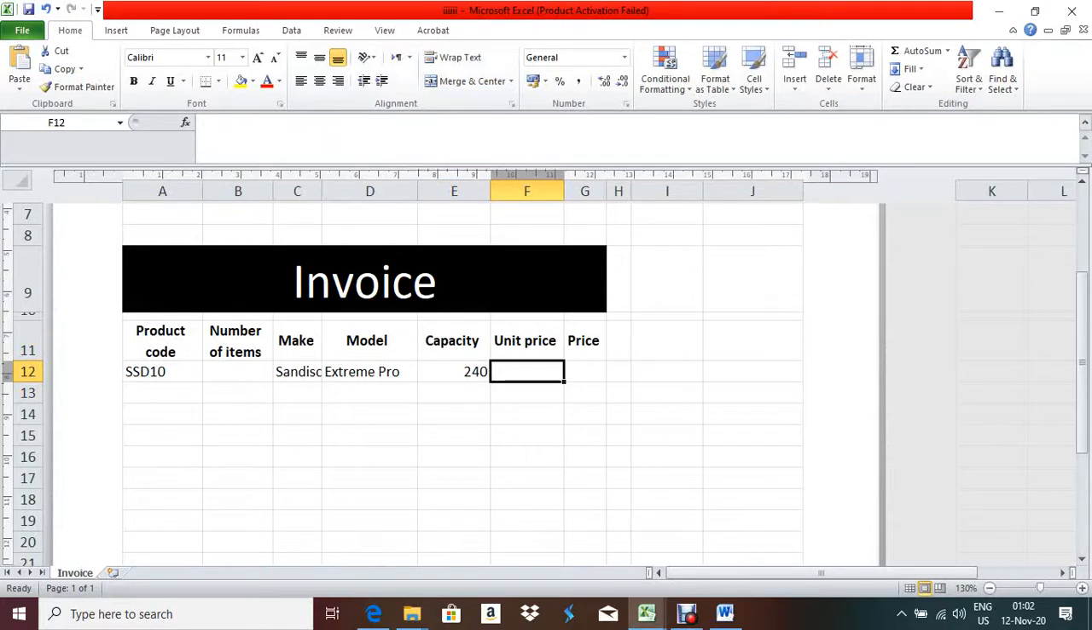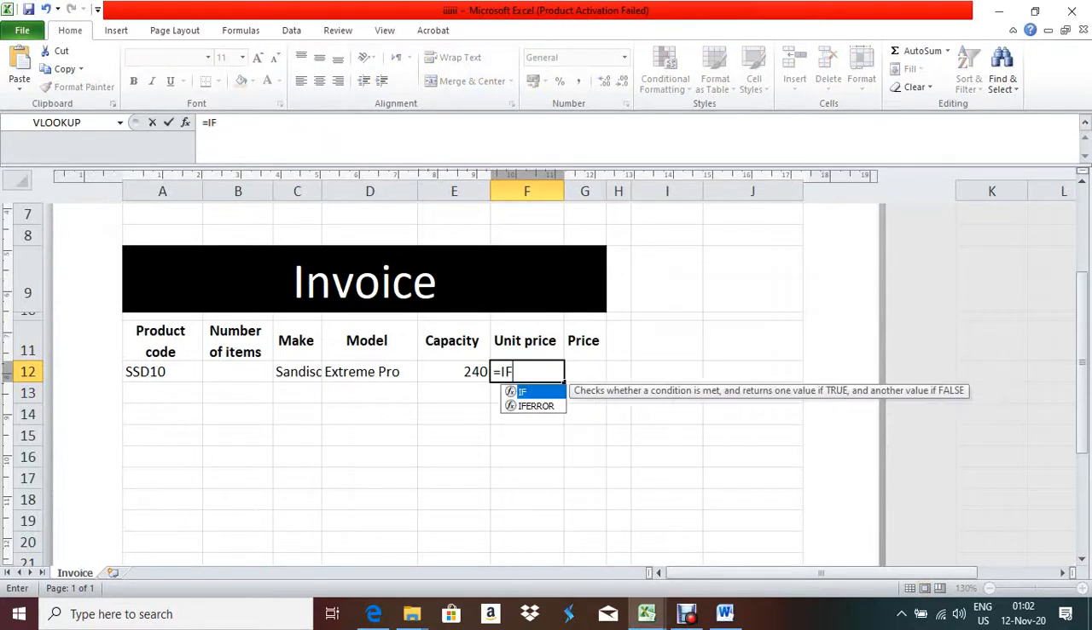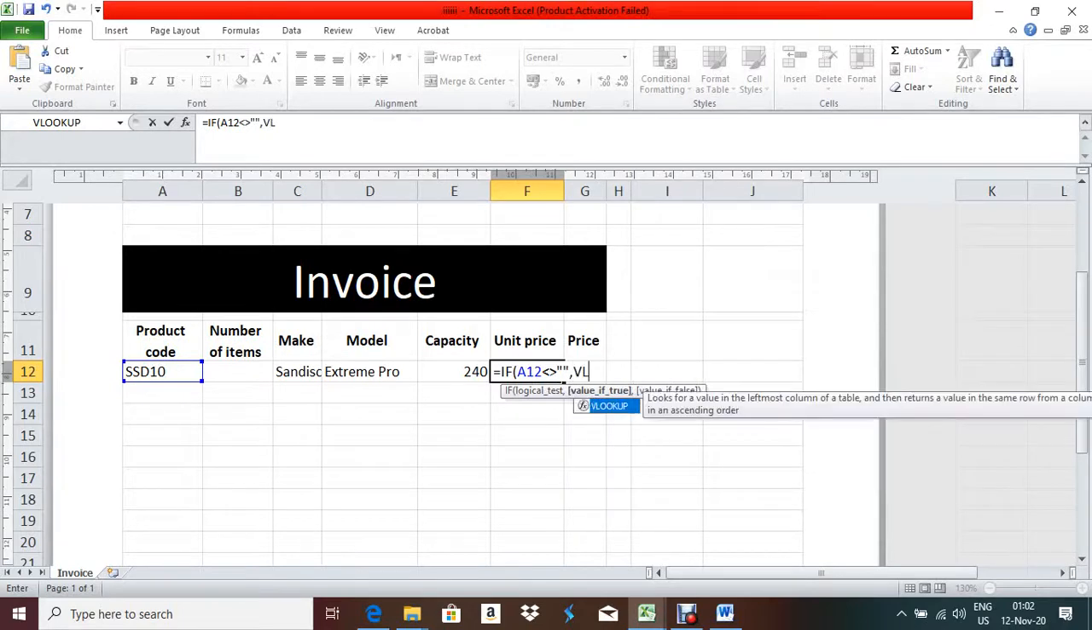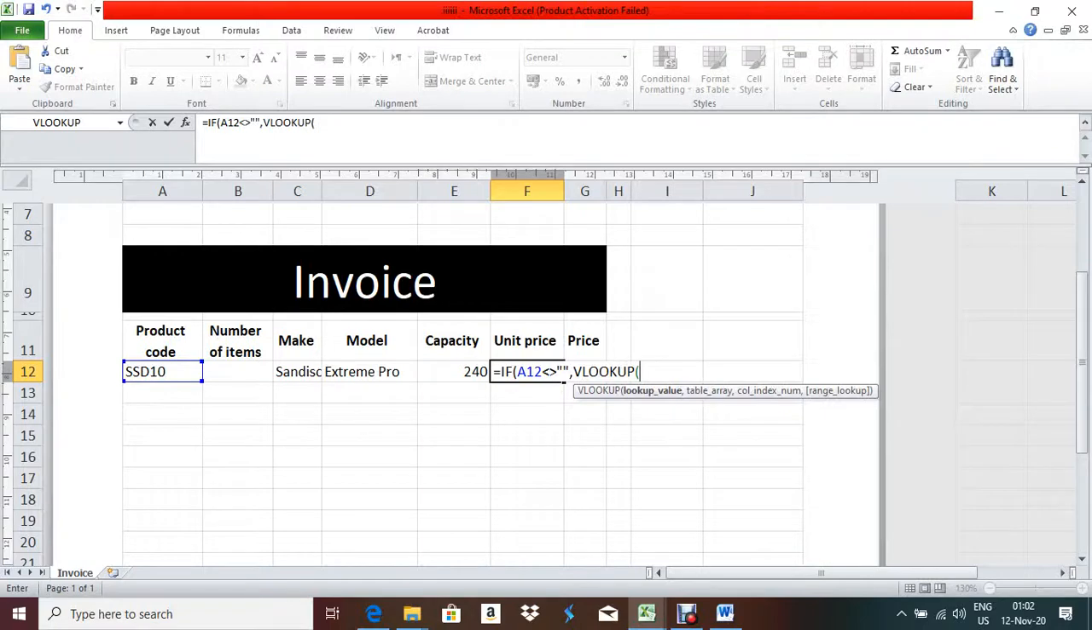Then unit price you have to find out. Same process, equal to IF, first bracket, IF A12 not equal to empty, comma, VLOOKUP, first bracket, lookup value will be A12,